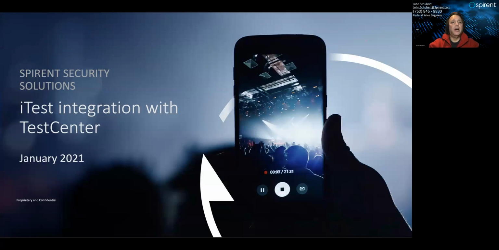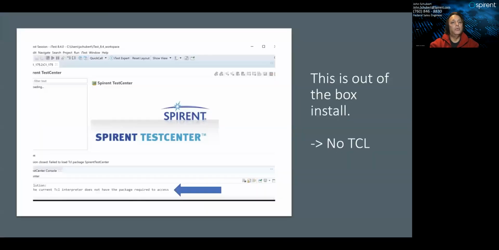This is taking iTest and integrating it with TestCenter. This assumes that you already have iTest installed and working independently on its own, and that you've gotten TestCenter installed and working on its own. If you've taken the two and then you create a new session within iTest that connects to TestCenter, out